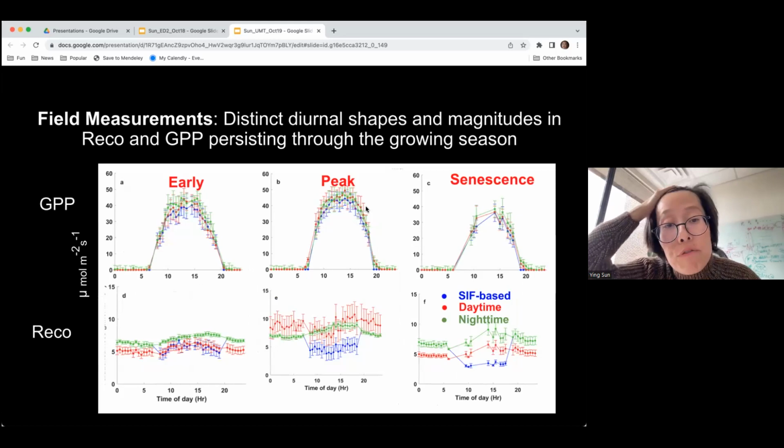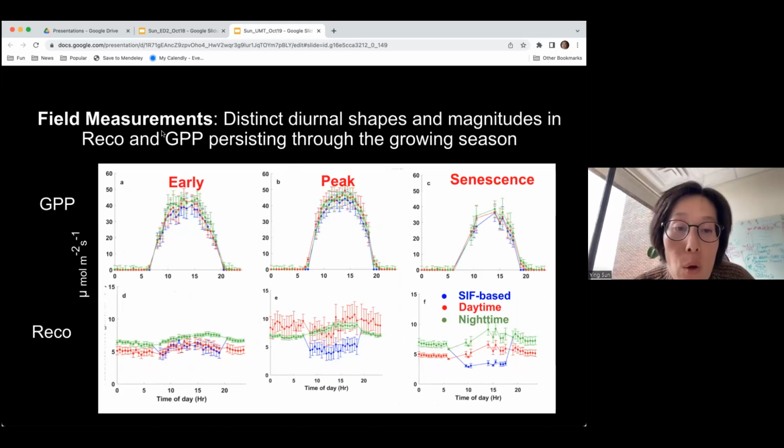Now we move to the field measurements. Here, this figure shows GPP in the top panel and ecosystem respiration in the bottom panel. We look at the early growing stage, peak season, and also senescence. The legend is shown here. When we look at the respiration, especially in the peak and senescence stages, we can clearly see the SIF-based approach leads to lower daytime ecosystem respiration than nighttime, which is not the case for the other two